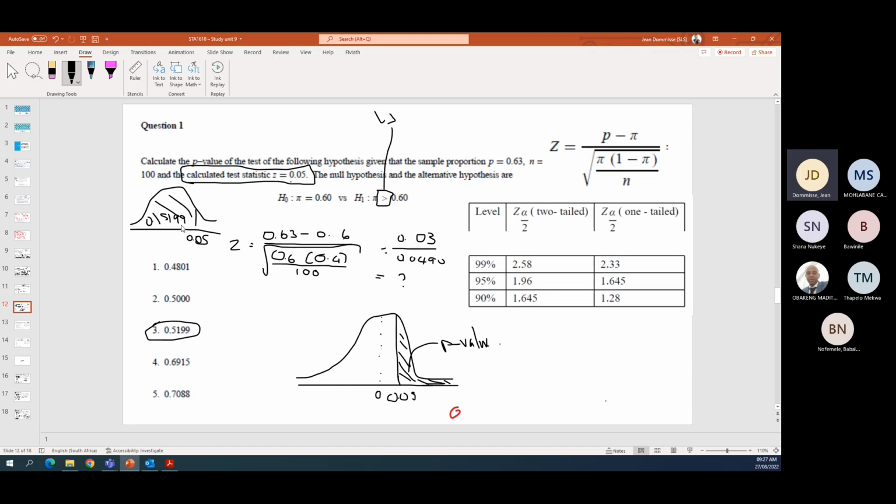We're not looking for that space. We're looking for the p-value, because the p-value says to us it should be bigger. Okay, so we're looking for the bigger. If it was smaller than, that would have been your area. But we are asking for bigger, so we want that area. Okay, to get to that area is just 1 minus 0.5199, which then is equal to